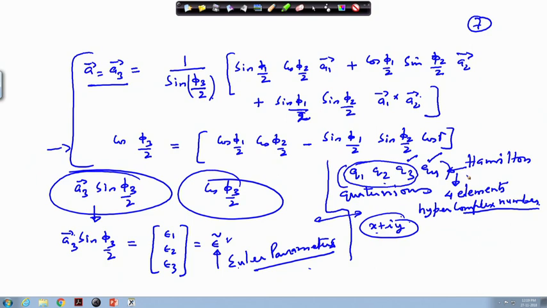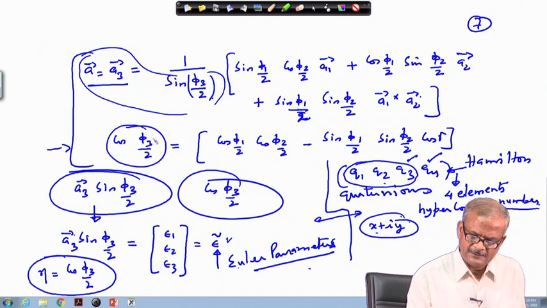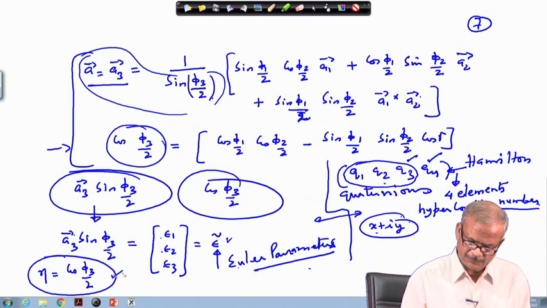Okay, so we define epsilon tilde like this, and then we define eta as cos phi 3 divided by 2, which is appearing here in this place. So, this particular part and this part, this is of special significance, and we see that epsilon 1, epsilon 2, epsilon 3 and eta, these are the 4 parameters involved,